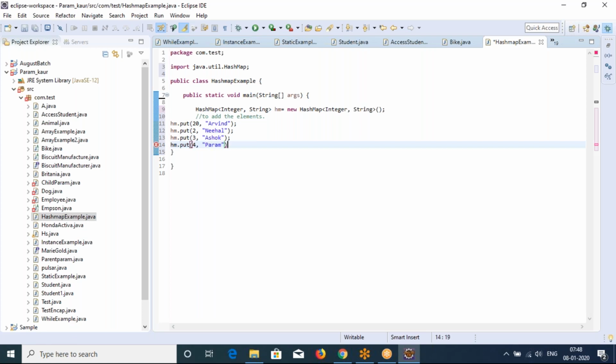See, I can store the values in this way. Means I can add the values in this way. Instead of add, we'll use put here. Okay. Suppose to print some value, print